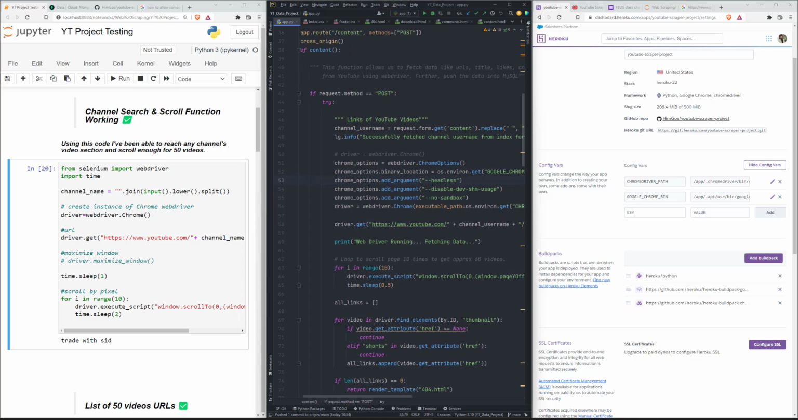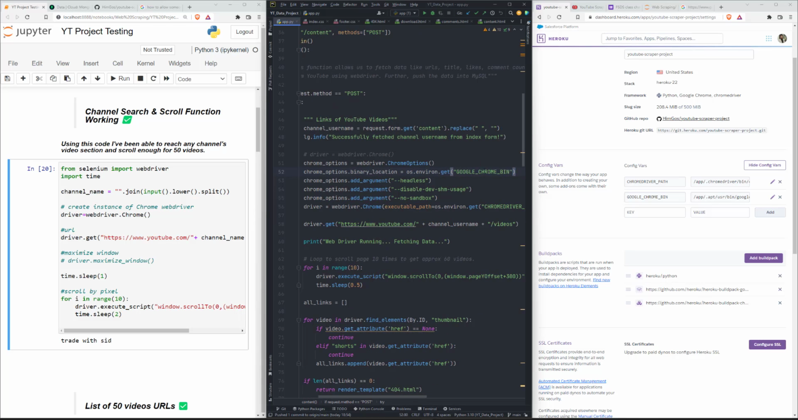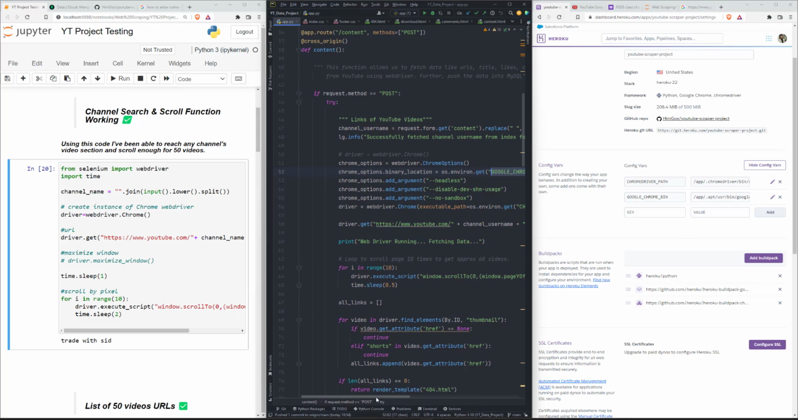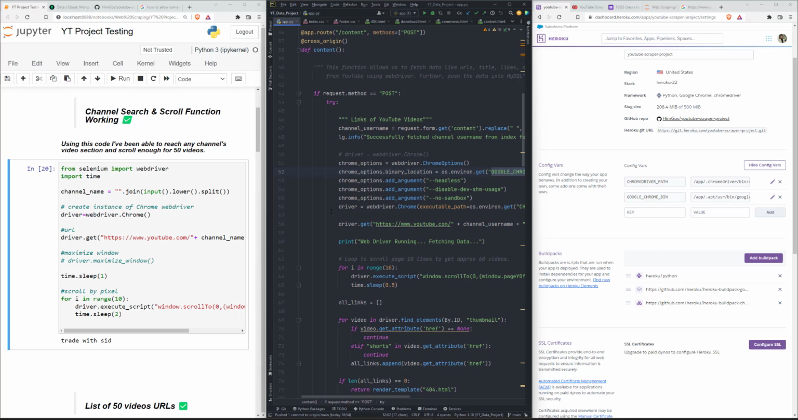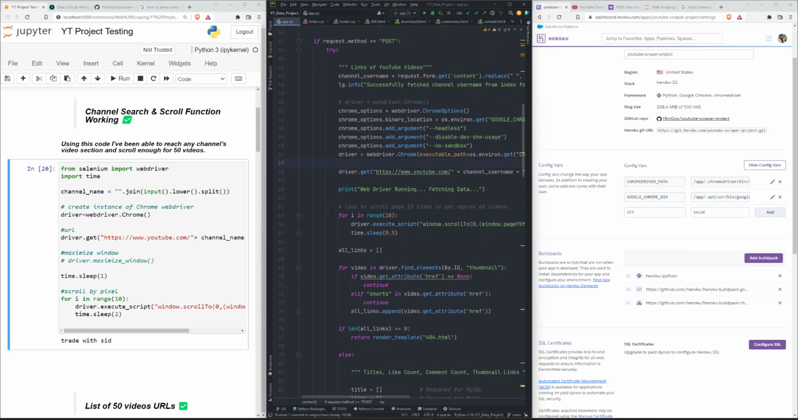os.environ.get fetches this Google Chrome bin, and it is the same key which we have configured in the backend of Heroku. So this is how it is fetching all the data, and this is how it is running Google Chrome on Heroku. This is the only way which I could find. And right after that we can see